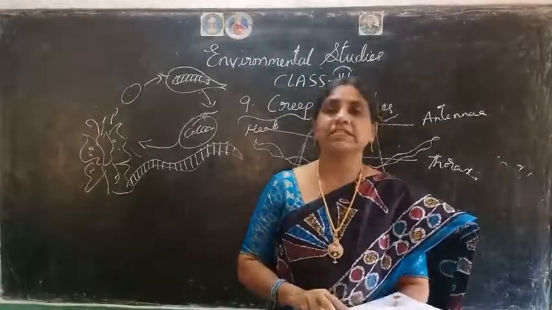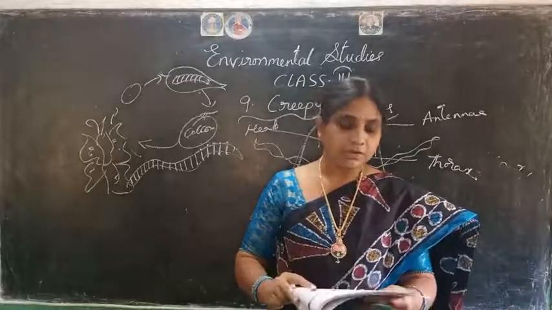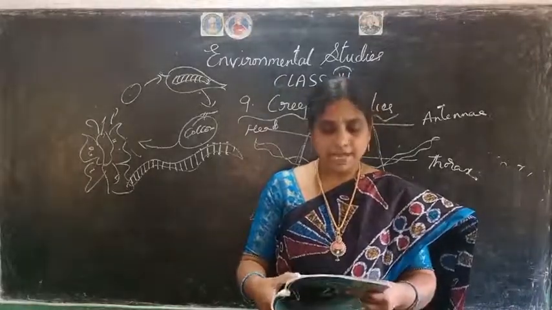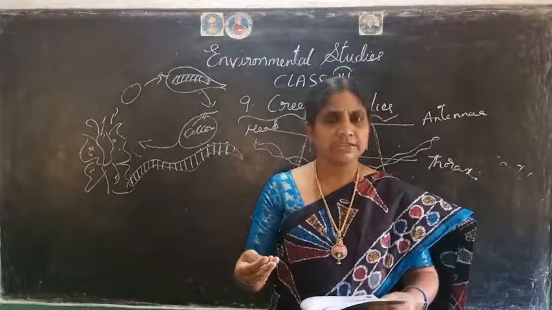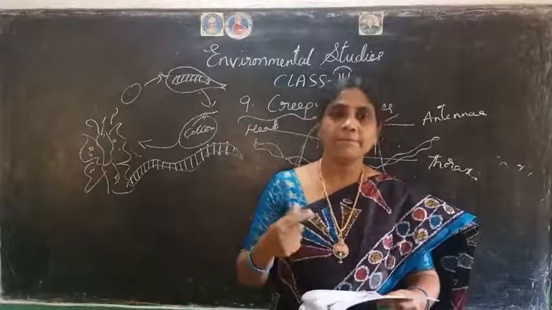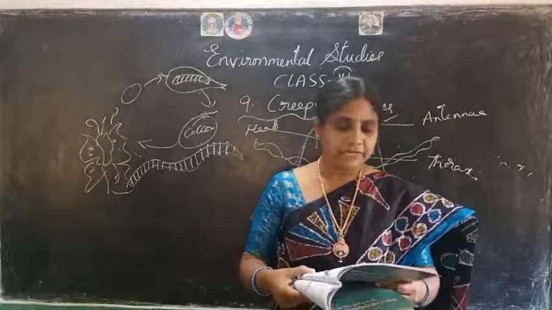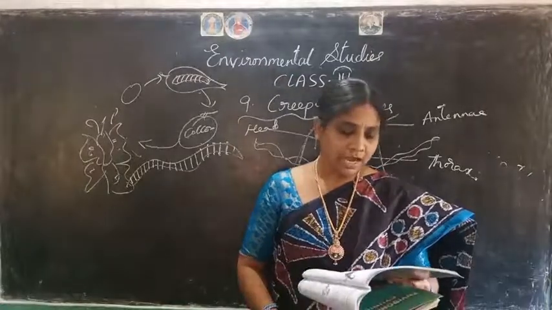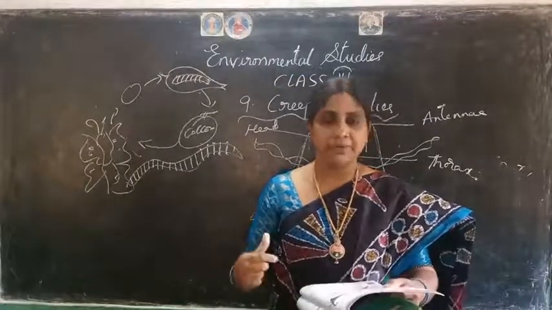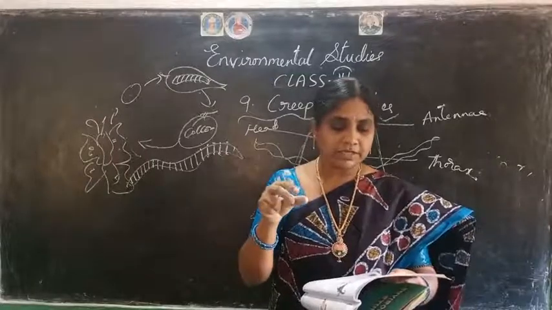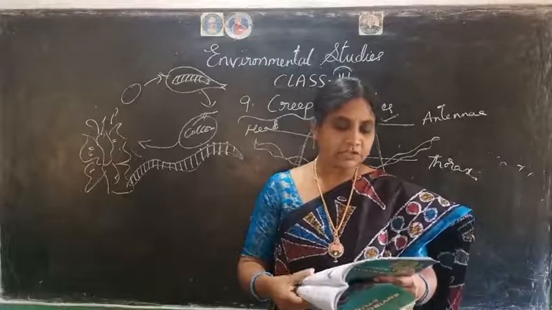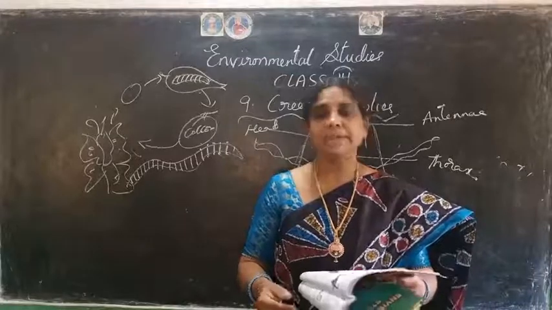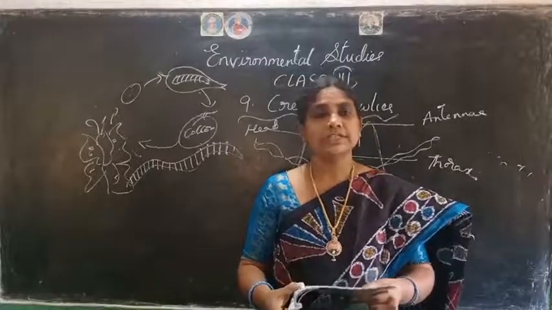Now see the beetles. So what are beetles? Okay, most of the beetles are black or brown in color. Most of the beetles are in which color, children? They are either black or brown in color. The front wings of a beetle change into a hard shell to protect the back wings. So they are protected with hard shells. They will protect the back wings. Fireflies, which are also called jugnus, are beetles. So they are also called jugnus or beetles.